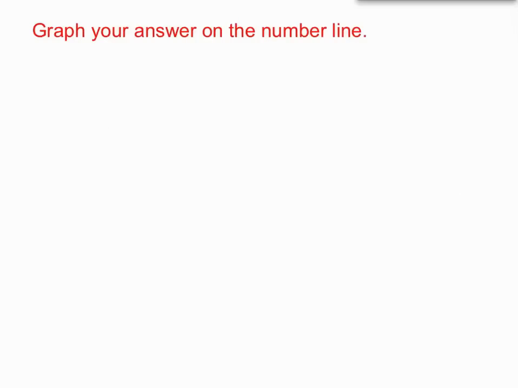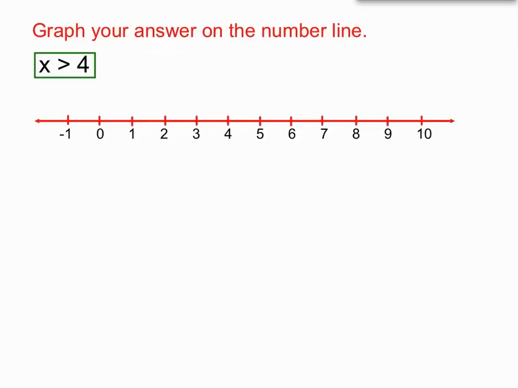Now, not always, but sometimes we're asked to graph our answers to inequations on the number line. Let's have a look how we might do that. If we had an answer of x is greater than 4, here's our number line. Now, because we have a greater than sign,